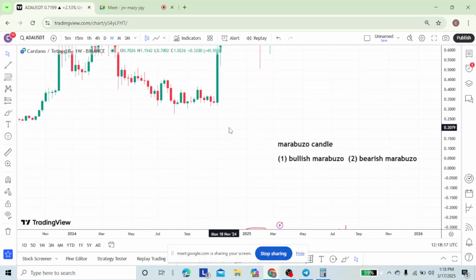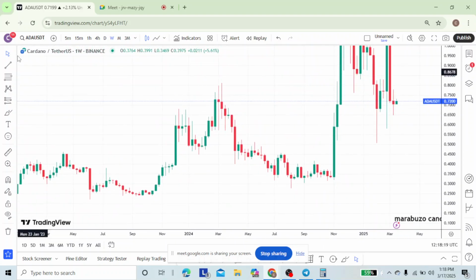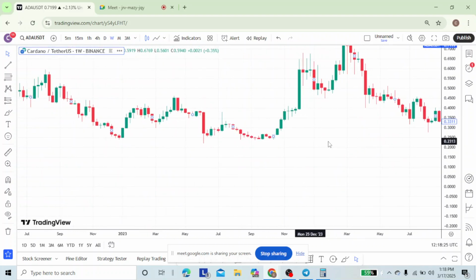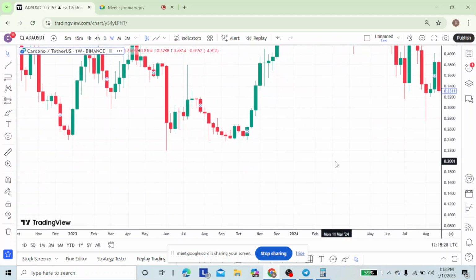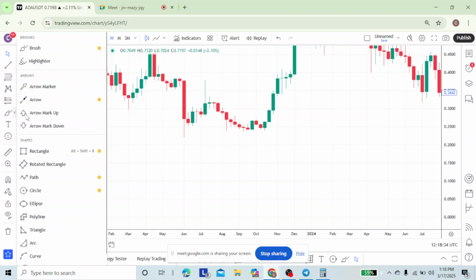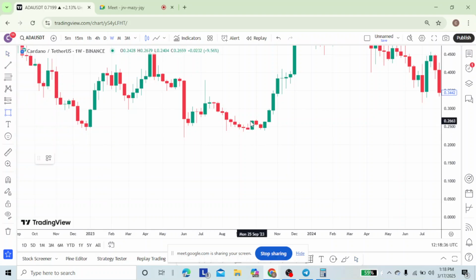So now let's go to the chart. This is a crypto chart. This is the coin Cardano. So we want to look at the previous point where we have the Marubozu candlestick. So now if you look at this closely, if you look at the candlestick here, this bullish candlestick,